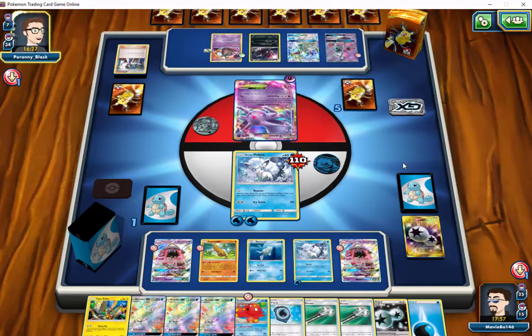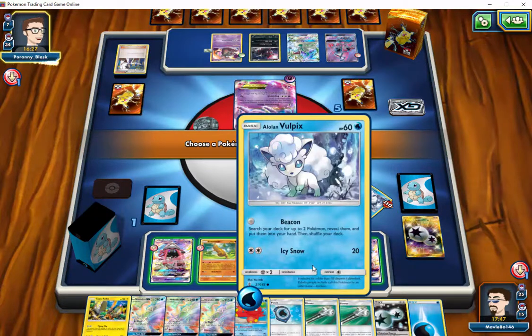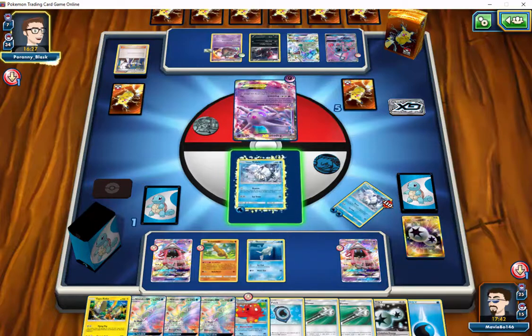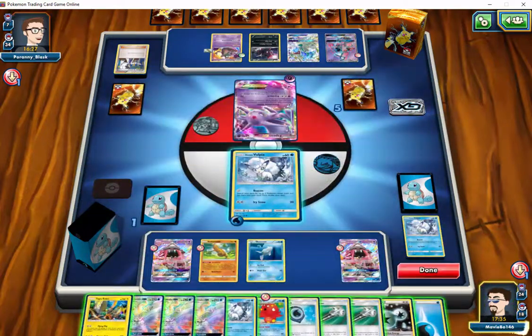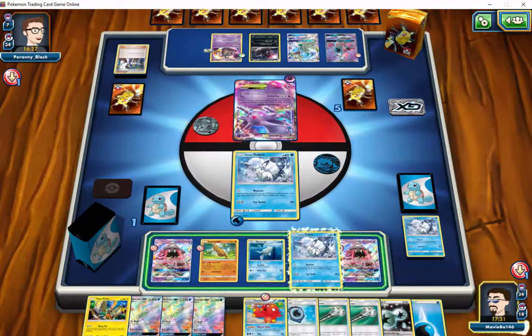So what does that look like? Took him a while to pick his prize. Okay, so what do we want to promote? With the Aqua Patch in hand, we can get a KO if we can Aqua Patch onto our Vulpix, but we're going to have to fight a battle to get there, and I don't think we can play enough cards to get Octillery. Okay, so we'll bench another Vulpix,